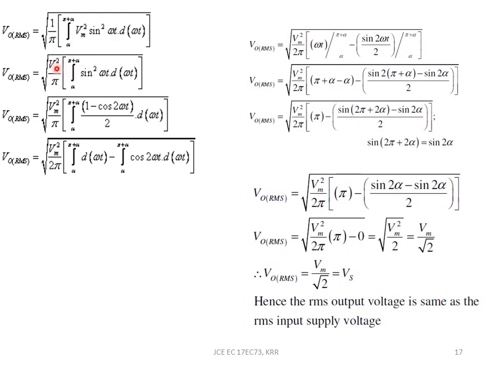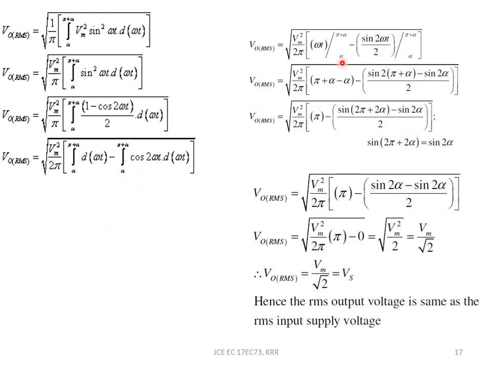Here Vm squared is brought outside and sine squared has been substituted as (1 minus cos 2 omega t) by 2. That is for just further simplifying this equation. As we go further, you can put two integrations, one for this part and the other for this part. And solving them, I will be substituting these values, right?